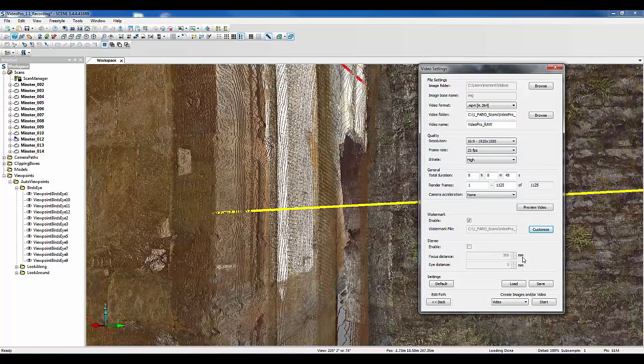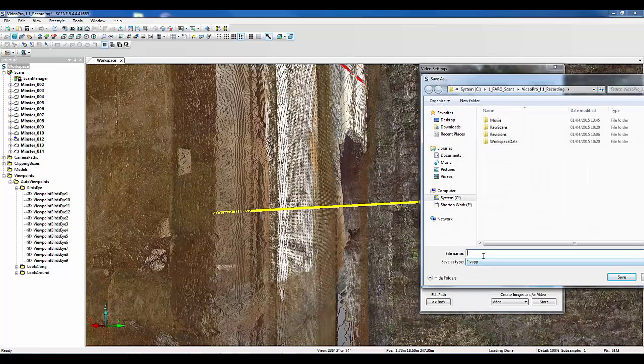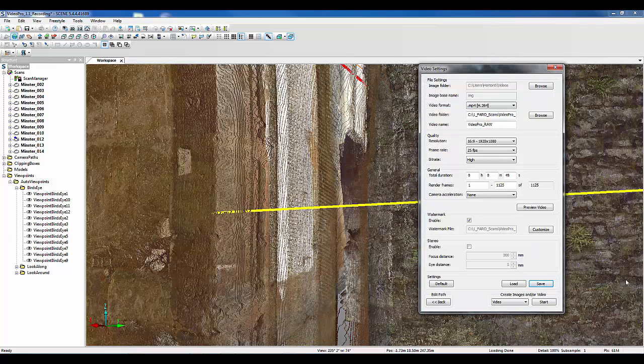What I'm also going to do is click on the save option here so that I can save my settings. If I click save, it creates the VAP file, so at any point we can come back and use these same settings again. So click save there. Now I've got everything set up, my normal process will be to go off, reboot my machine,